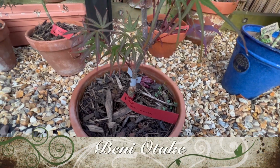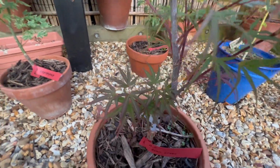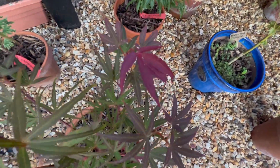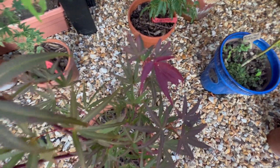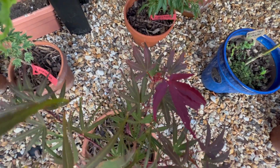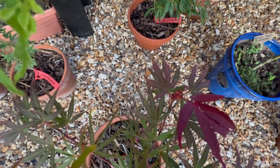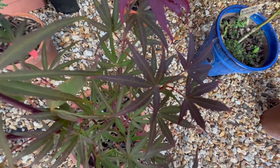So here we have Benny Otaki. So just showing you some of the older, more established growth here. And then Benny Otaki does give you this lovely sort of red new foliage. It's so strange. I really should do a sort of time-lapse video of this, how sometimes these leaves sort of change over time. So there's the sort of very newest ones, which is sort of bold and red and quite fat really. And then it seems that that sort of grows out over time and sort of forms these longer